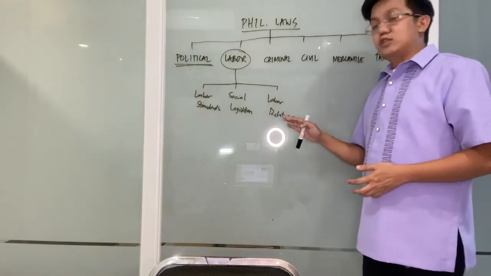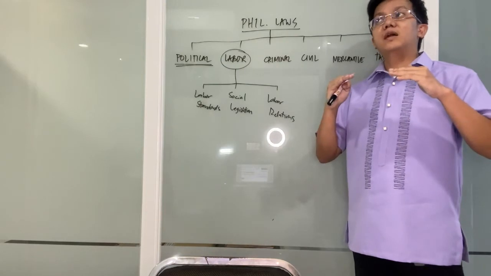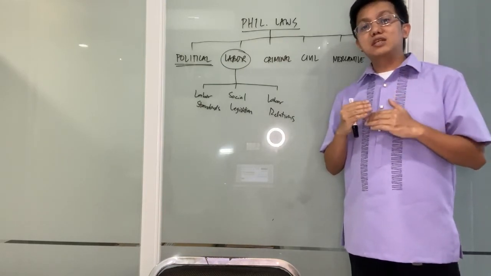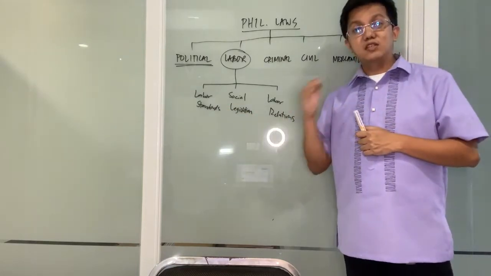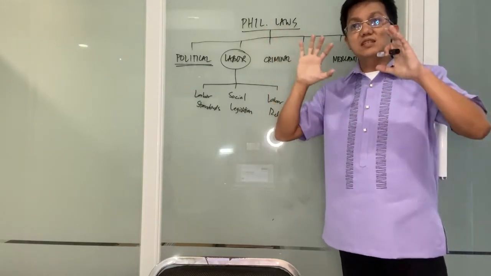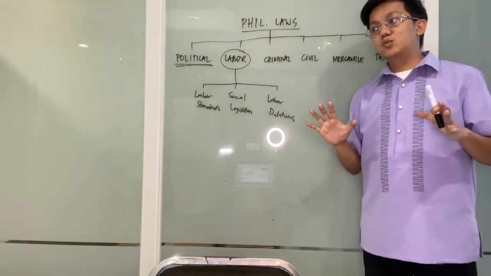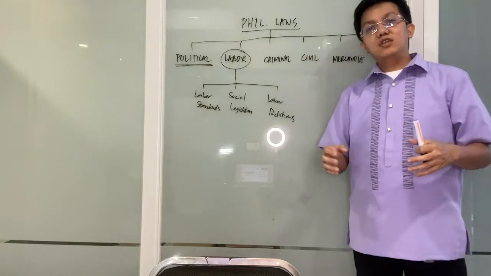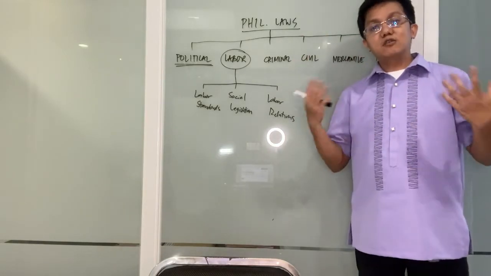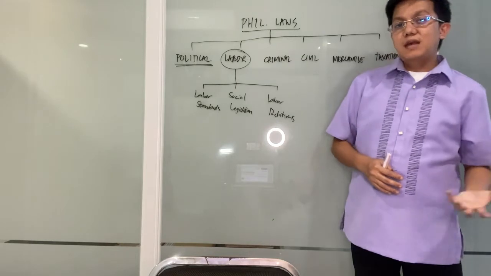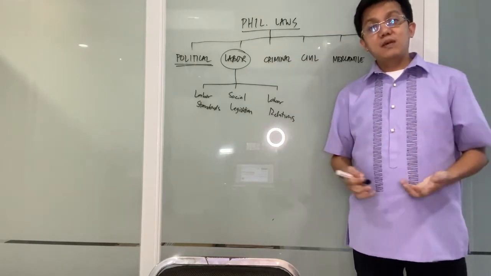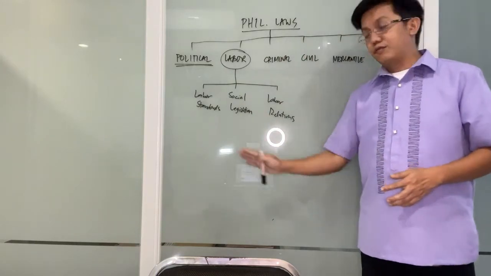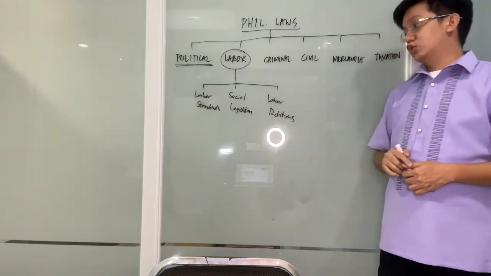This is no longer the minimum, because the employees will no longer settle with the minimum set by labor standards. They want more, which is the fear of the employer. That is why they will clash along the way. Because of the clashing, strikes will happen, lockouts may happen, bargaining and negotiation may happen along the way. Again, that will be governed by labor relations.